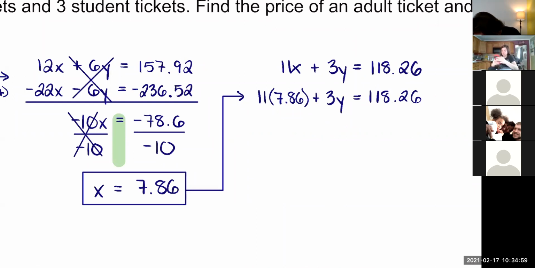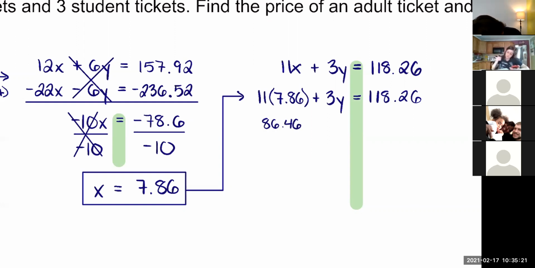So again, it may be handy if you're a little bit uncomfortable with decimals. You may want to have even just a basic 4-function calculator nearby, but our process is still going to be the same. So we're going to take that 7.86, we're going to multiply it first by the 11 because the parentheses should catch our eye, and that should give us an